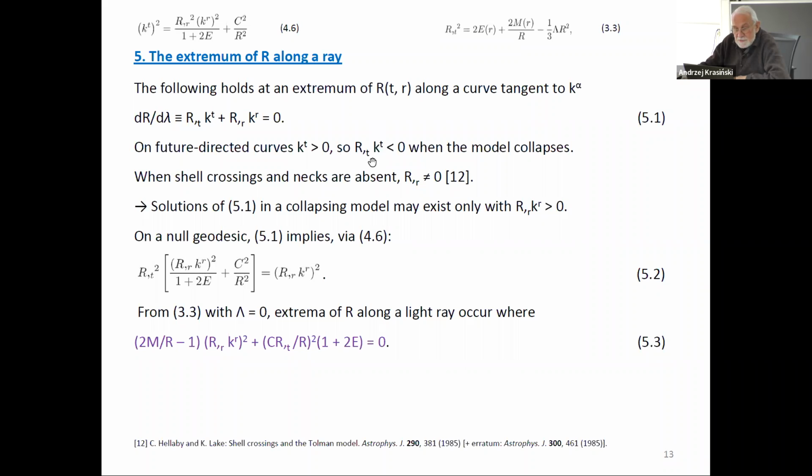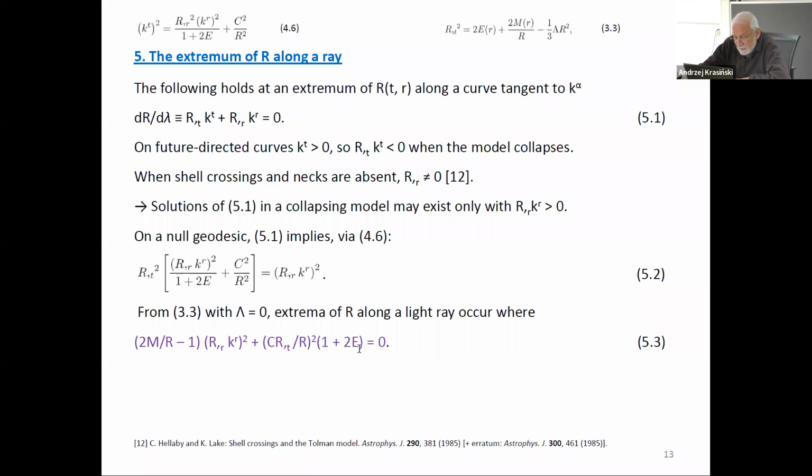So when the model is collapsing, this quantity is negative. And when shell crossings and necks are absent, then this derivative must be non-zero everywhere. So solutions of this equation in a collapsing model exist only when this product here is positive. And on a null geodesic, this equation, after using this one here, assumes such a form. And then from the equation of evolution, with lambda equal to 0, we obtain the following equation defining extrema of R